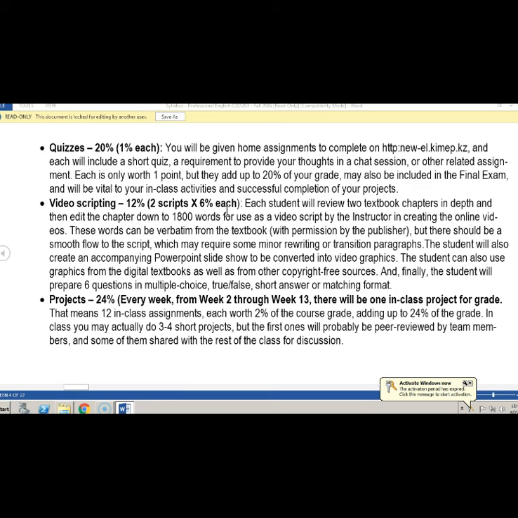You'll be able to use graphics from the chapter. You can get other graphics too, if you think there are other graphics. And then the slides themselves are graphics. You can do a save as with PowerPoint and save them as TIFF files or JPEG files. So the slides themselves, the entire slide, even if they're outlines or whatever, will become graphics in this video. So even without charts or other graphics that are in the chapter, you're creating graphics when you create the outline in PowerPoint. So that's fine.